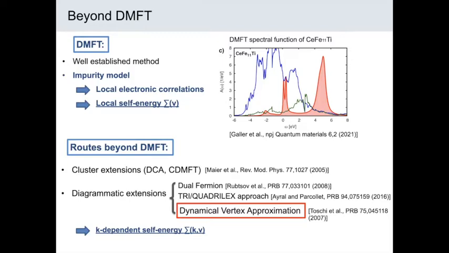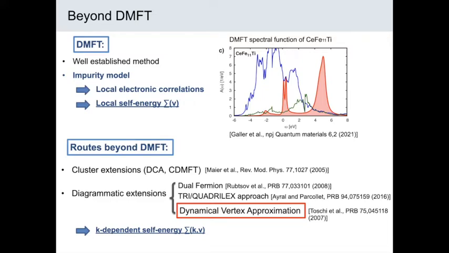And there exist various methods to include non-local electronic correlations. And I'm here now talking about extensions of DMFT. And also there exist multiple options. So one option is to do cluster extensions of DMFT. And that means that you basically replace your single impurity model by a cluster of impurity sites. So you can easily imagine that those cluster extensions of DMFT, they include all non-local electronic correlations in the range